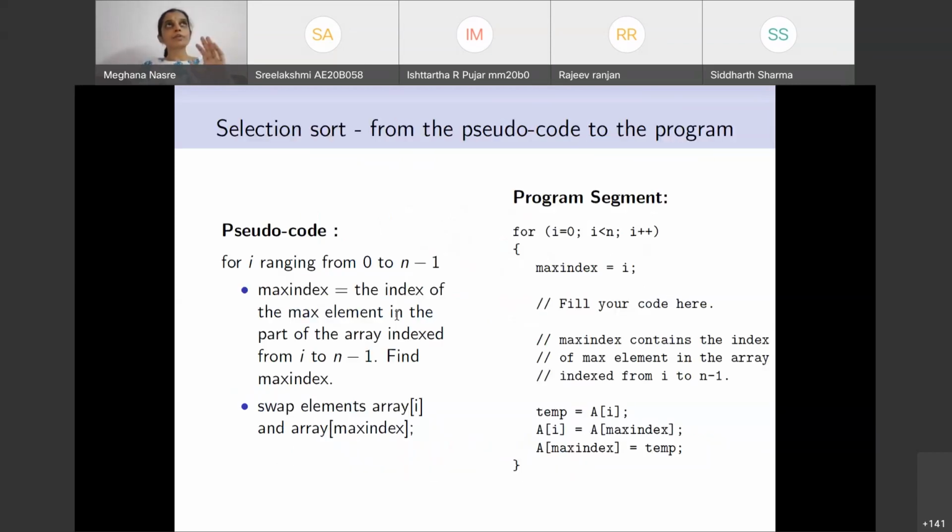So in the last part, I think we are already out of time, but this is the template for the selection sort. This is the loop which is running from 0 to n. What you need to do is write the code to compute the max index. That is, this variable max index should contain the index of the max element in the array, from index I to n minus 1. So this is the small loop that I would like all of you to write. Maybe let's spend 2 minutes, but then after that we can stop and we'll continue this in tomorrow's class.